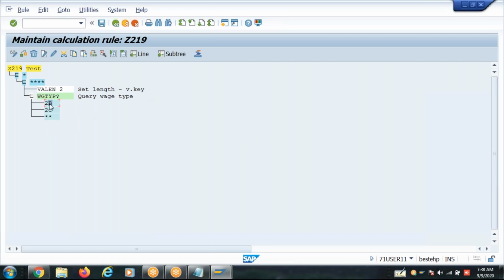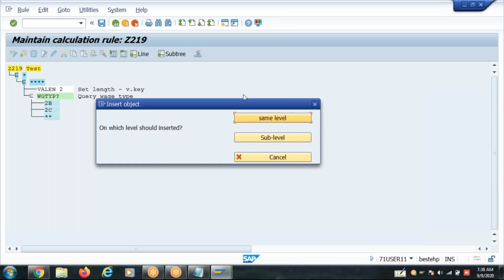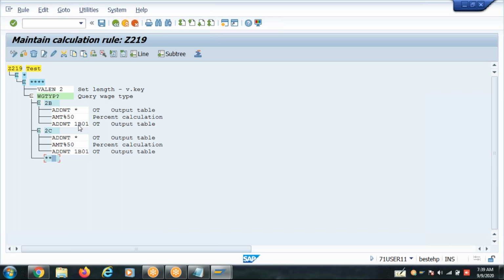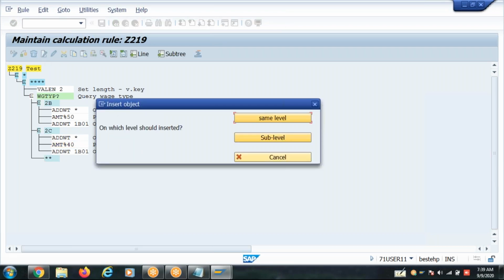So here, if it is 2B series, if it is 2C series, okay, anything otherwise?